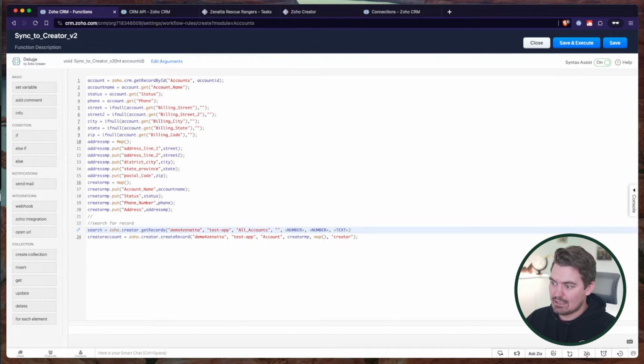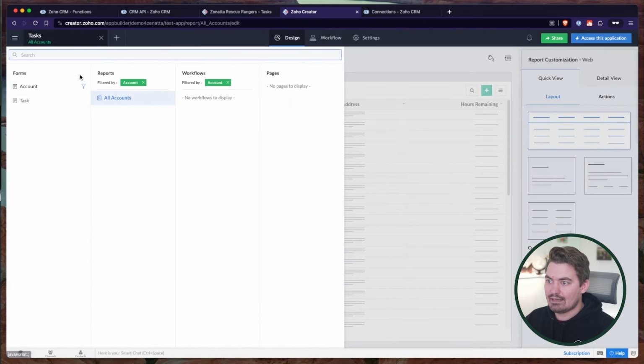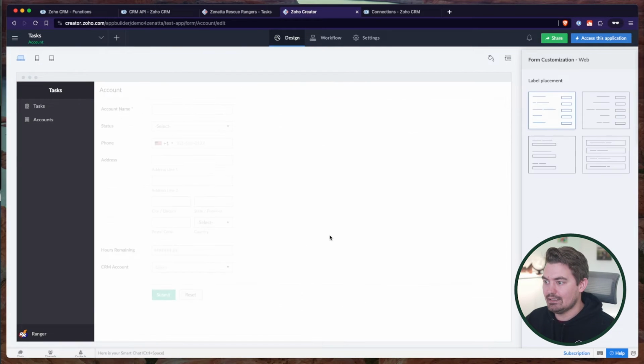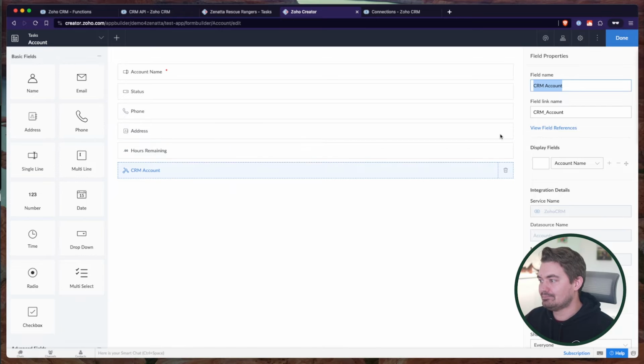Next here is the criteria. And the criteria in this case is if the CRM account field is populated. That's what we want to search based on. So we're going to search all of the accounts, and if we find a record that has a CRM account populated, that's going to be what we want to search on, because this is actually giving us a CRM record ID on the back end. So CRM account